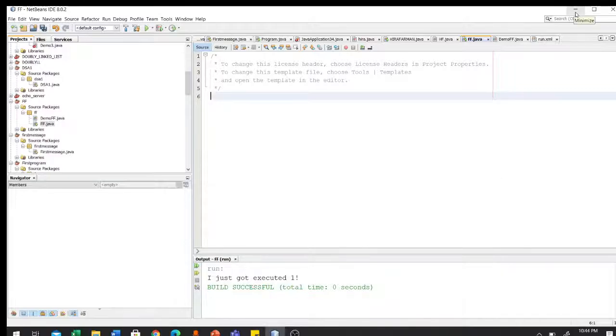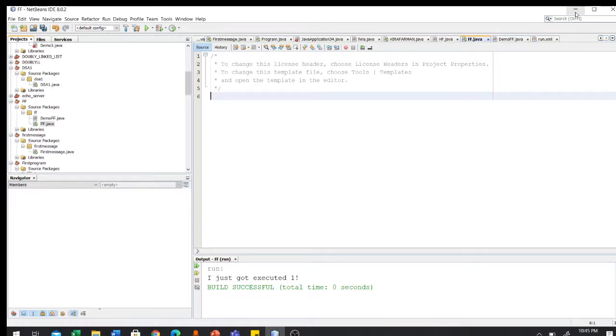Hello everyone. In this tutorial I will teach you how you can create Java methods and how you can call methods with the help of objects. A method is a block of code which only runs when it is called. Methods are used to perform certain actions and they are also known as functions. A function is a building block of instructions.